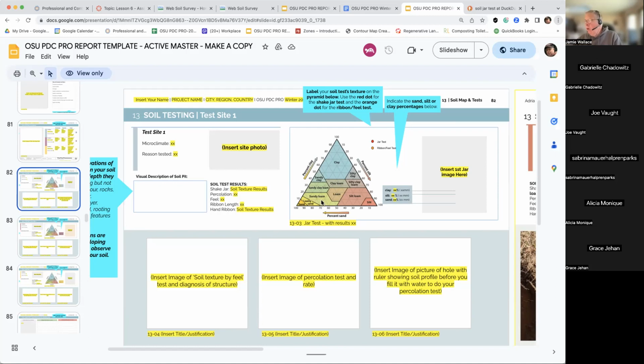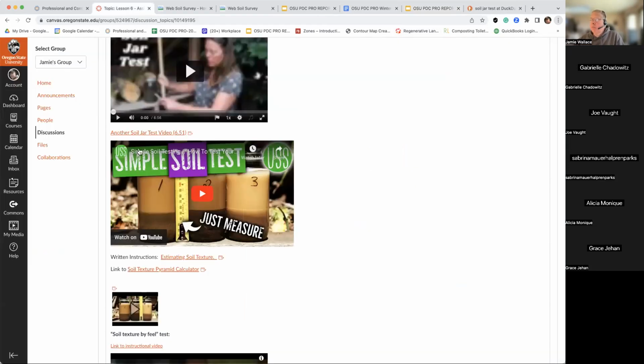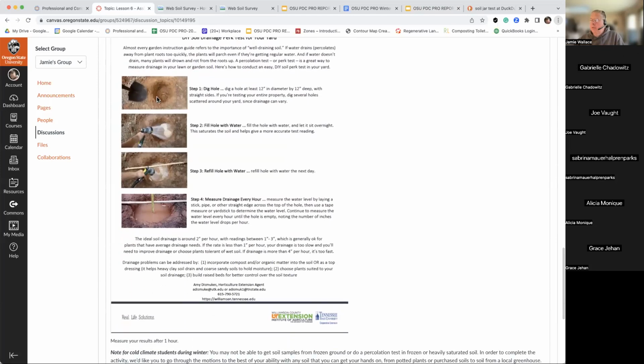So where I live, we're a sandy loam. We've got quite a high percentage of sand and silt, and a very small amount of clay. So when we do a percolation test like this here, where we dig a hole that's a foot wide and a foot deep and fill it full of water, it'll drain out in about 5 minutes. It's just unbelievable. So we know we need a lot of organic matter in order to retain water for as great a